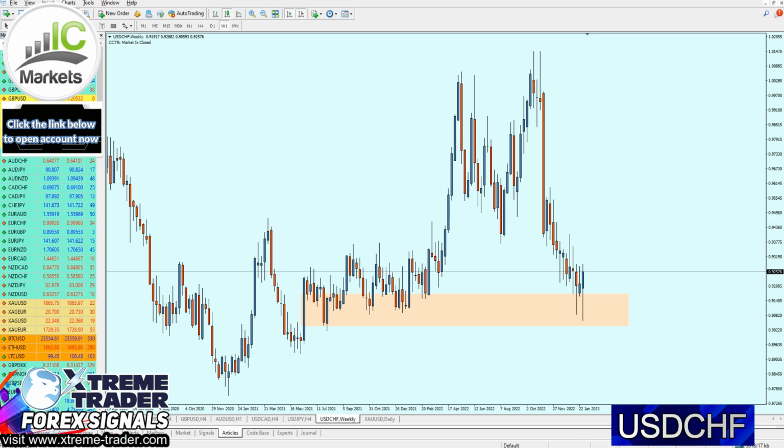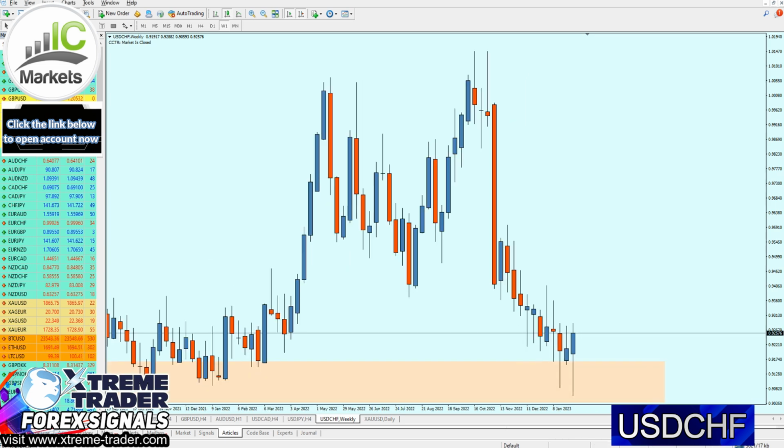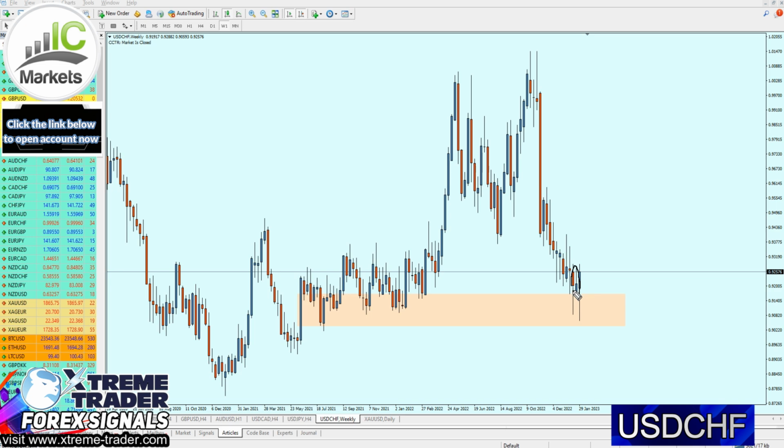So as we can see, the USDCHF has actually formed right here a very strong key support zone, and the market has actually failed multiple times to break out from it. And more importantly, on the weekly chart, we are seeing here my favorite price action. This reversed hammer has appeared on the weekly chart, indicating that the market is getting ready for another bullish reversal. As you can see, indeed, the market has made a crazy movement right here, but eventually has closed as a bullish candle, indicating that most likely the next candle is gonna be bullish as well.